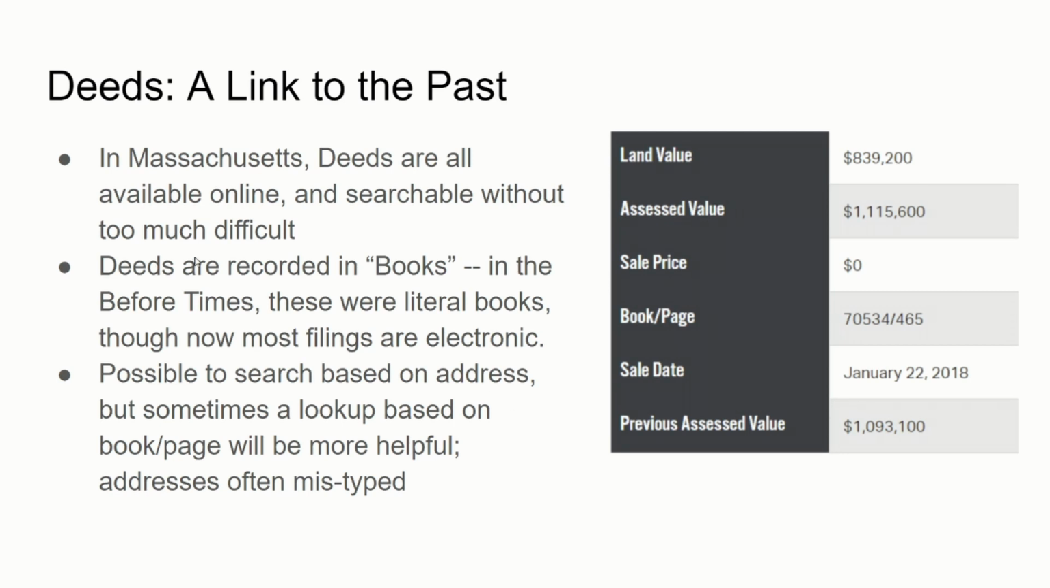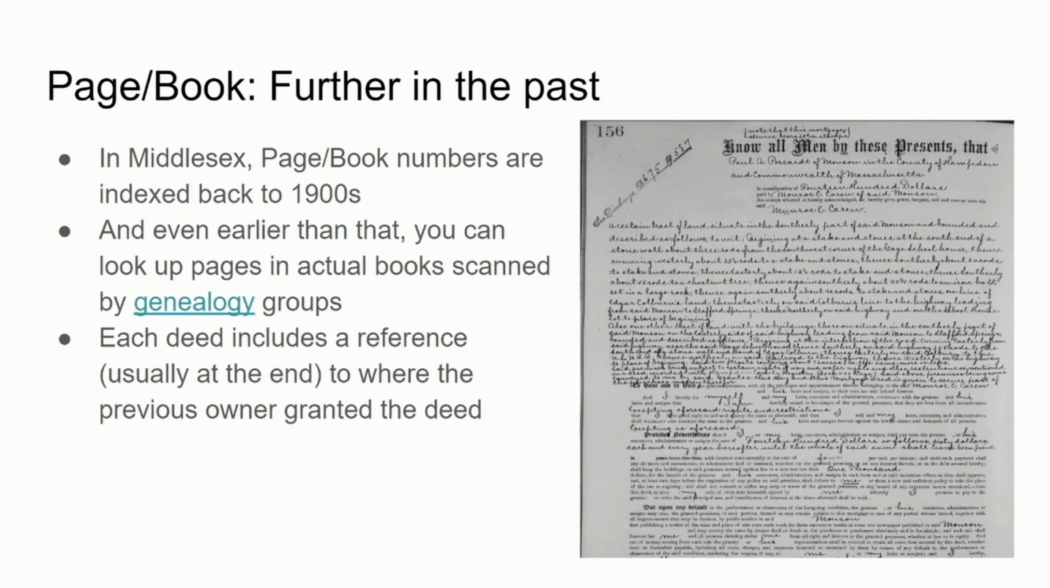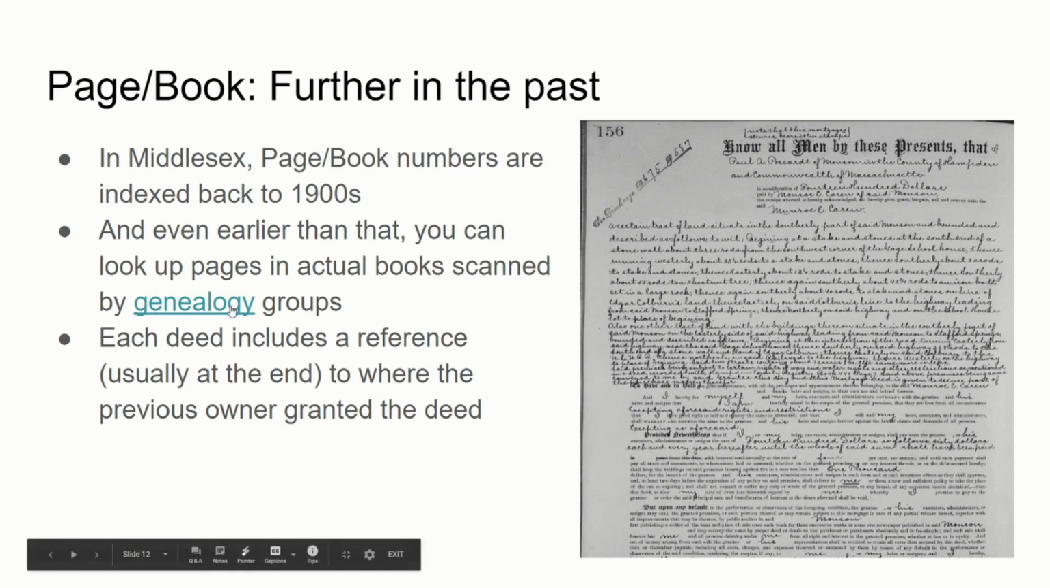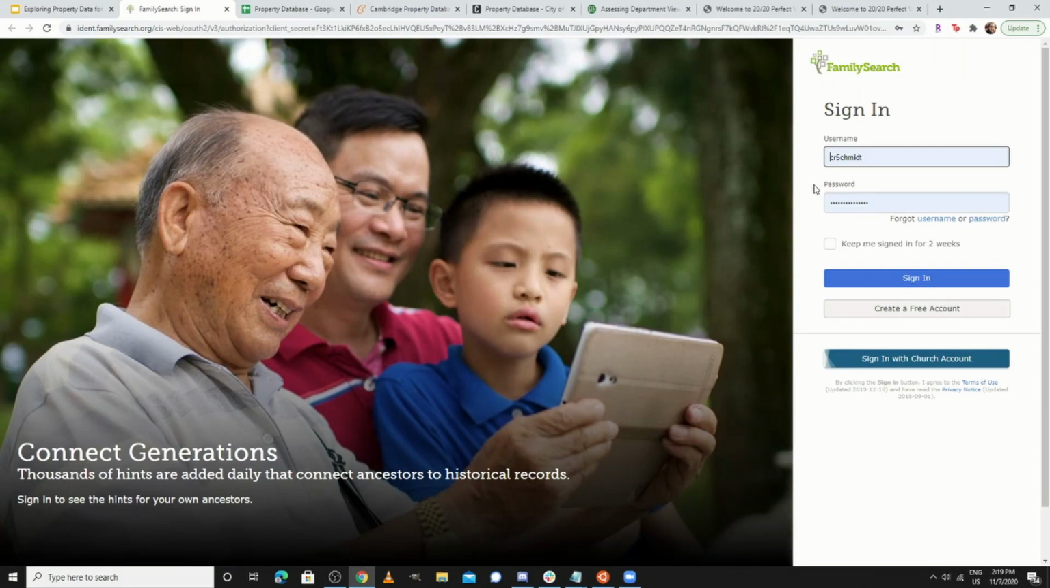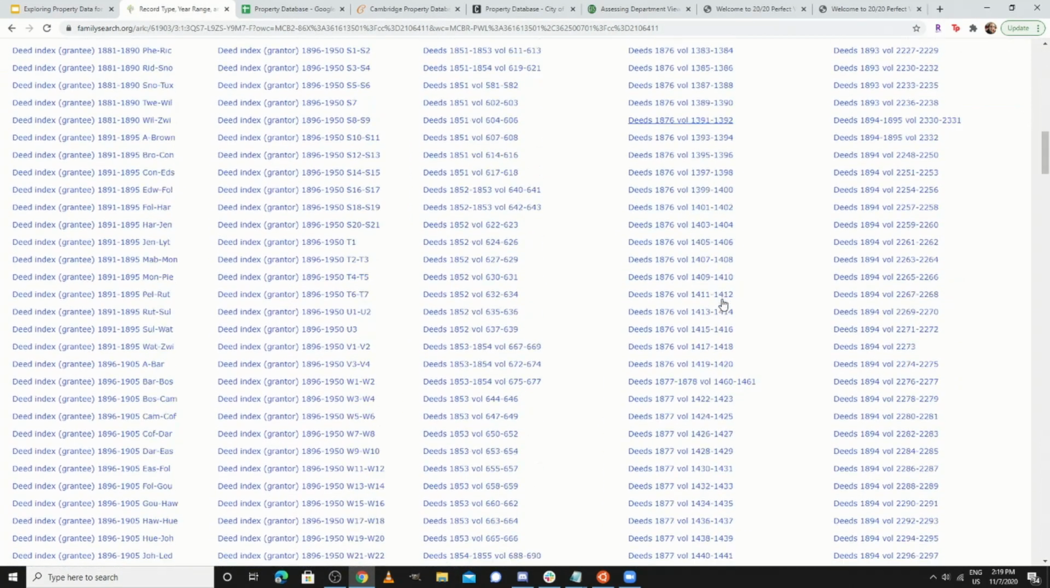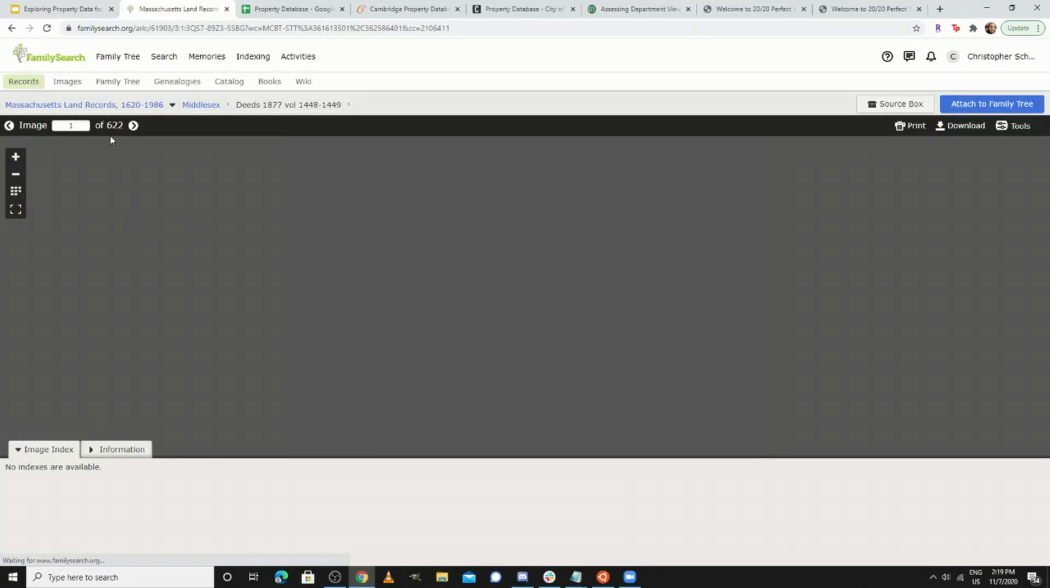Okay. Yeah. So on this page, you'll have the sale date, the book and page number for the last sale. So this allows you to look up, okay, I start here and then I go back to the past. And then if you get even further back in the past, before the 1900s, you can actually just look these things up in the books that they were in. This is all indexed by the Mormons, who of course are big genealogy researchers. And so you can come back to 1877 and browse around in these old deed books